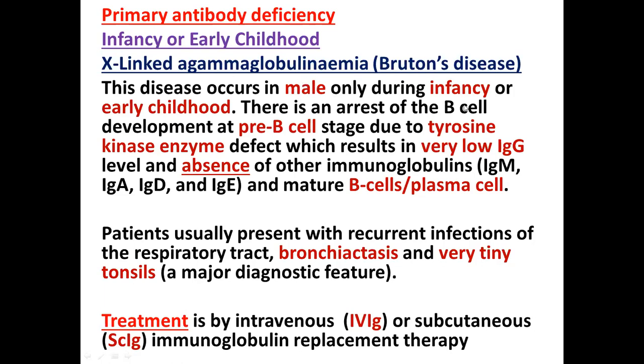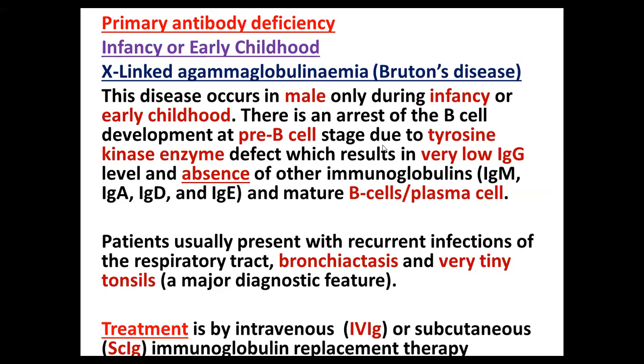There is an arrest of the B cells at the pre-B cell stage due to tyrosine kinase enzyme defect or deficiency, TKE, tyrosine kinase enzyme. And sometimes this is under control of a gene. So we have to detect the TK gene, tyrosine kinase gene. And this will result